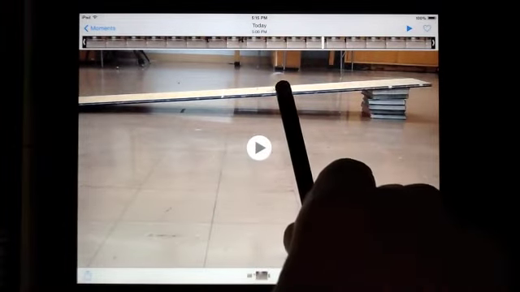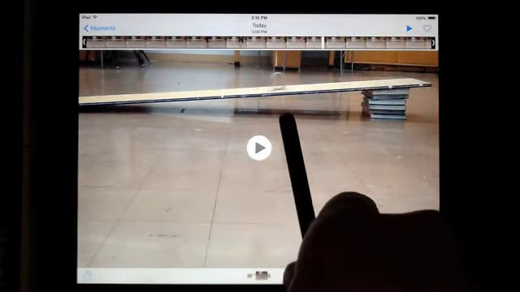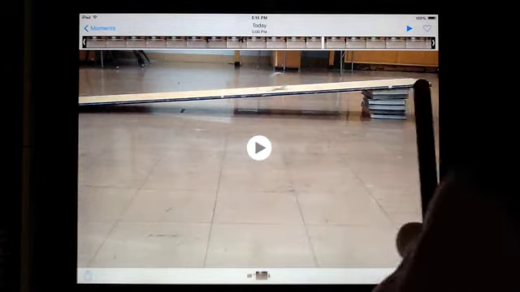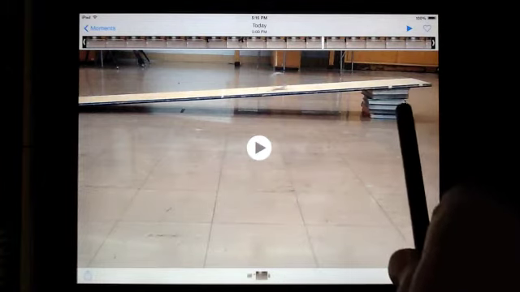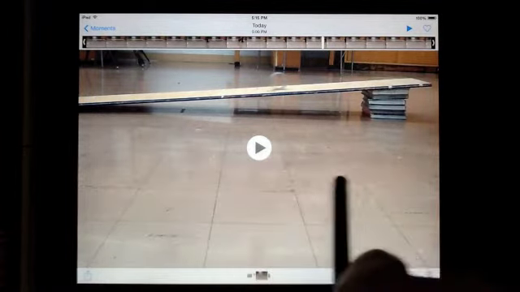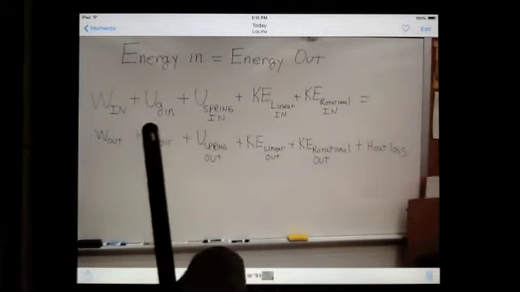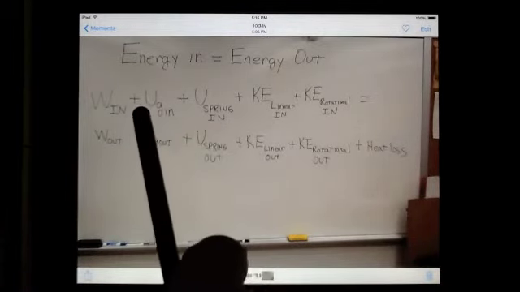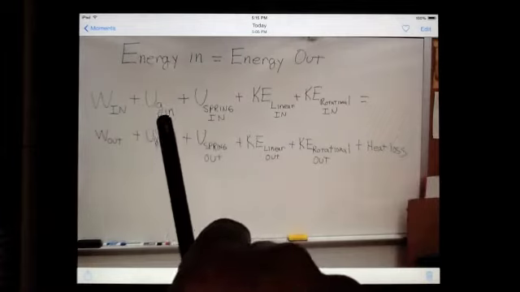Then however far I go down, I now have a negative potential energy. So I've lost that. That potential energy I lost had to go somewhere. It goes into two things, my linear kinetic energy and my rotational. So this equation, we're turning out that if I want to say the floor is zero, then I would take